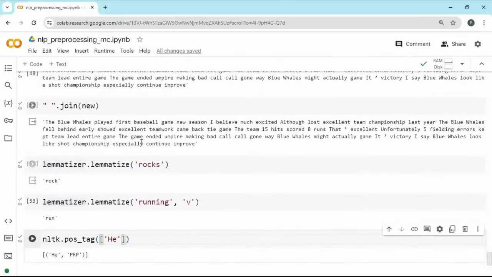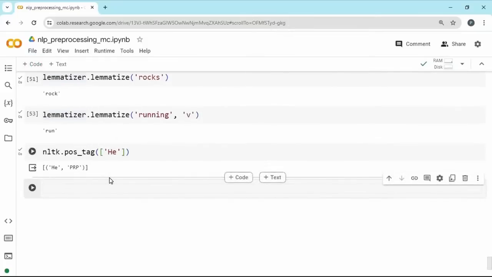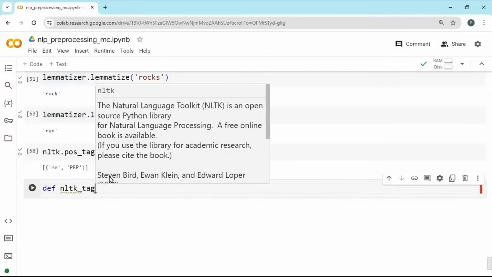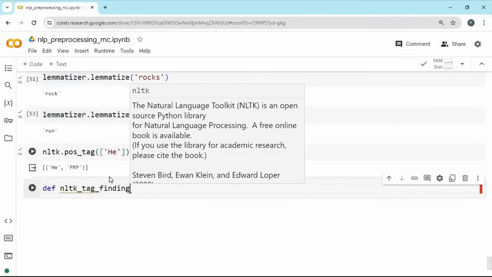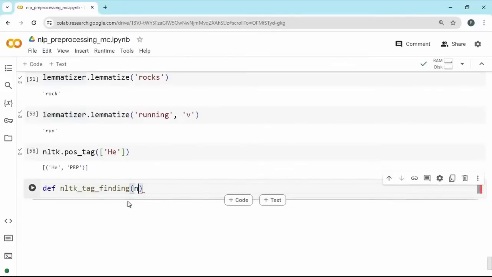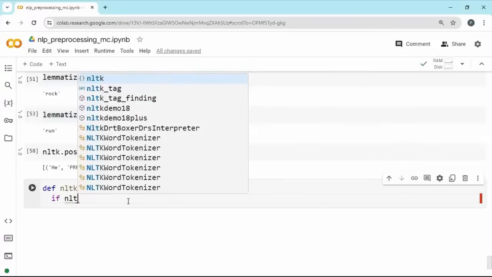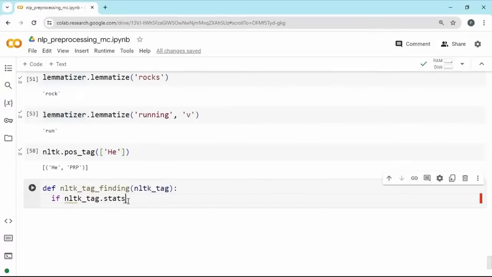So how can I integrate it here? Because we can't do this manually, right? So for that, we can create a function in Python. Let us go for NLTK tag finding. Since you will be getting this not in a short form, not an enhanced form, this will get the tag. So you can just get the tag, and what we can do is, if our NLTK underscore tag starts with